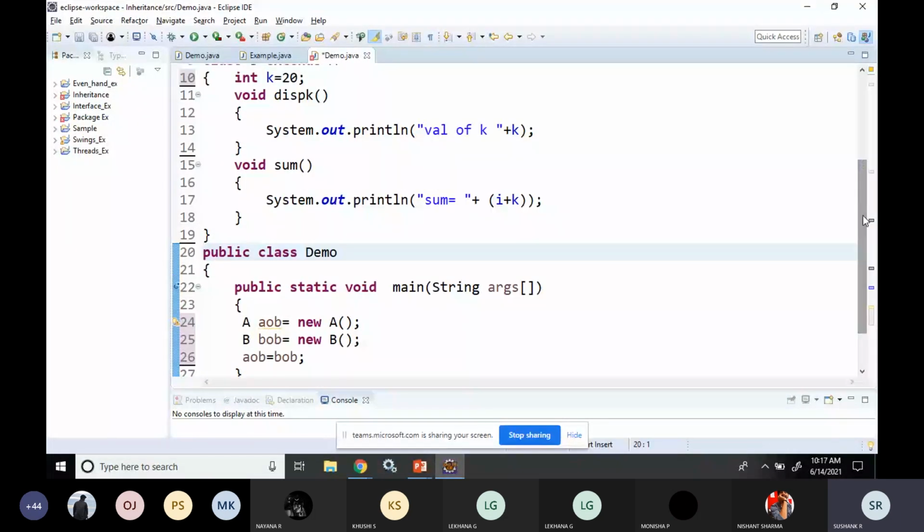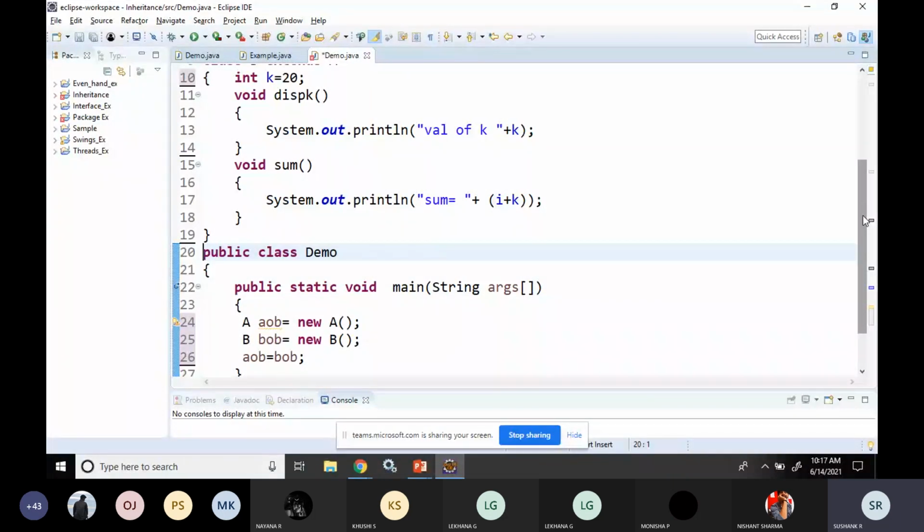Now we are going to talk about a concept: a superclass variable can refer to a subclass object. A reference variable of a superclass can be assigned to refer to any subclass object derived from the superclass.